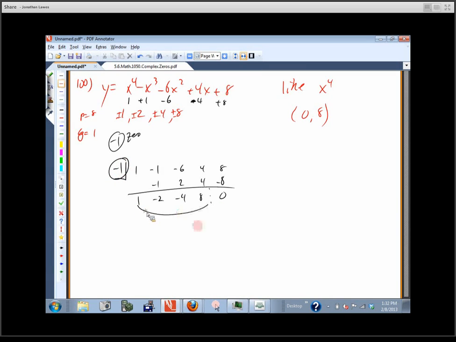What is this stuff right here? That's the depressed polynomial. So what I'm going to do is I'm going to bring this down here because I like keeping track of what the factors are. The factor that corresponds to this is x plus 1. And then the quotient, the thing that we got when we divided, that depressed polynomial is x to the third minus 2x squared minus 4x plus 8. Any questions? Yeah, we can factor it. Thank you very much. What's nice about this depressed polynomial, they're lower degree, they're usually easier to work with. And if we get lucky, like we did on this one right here,